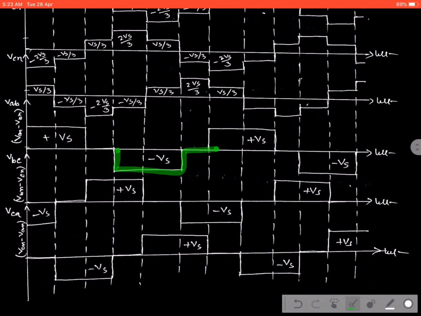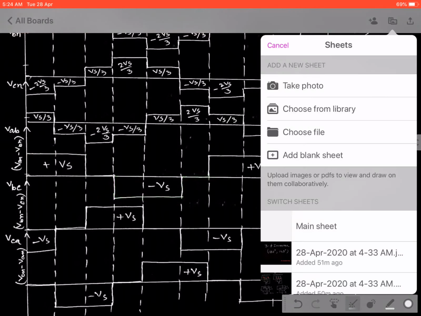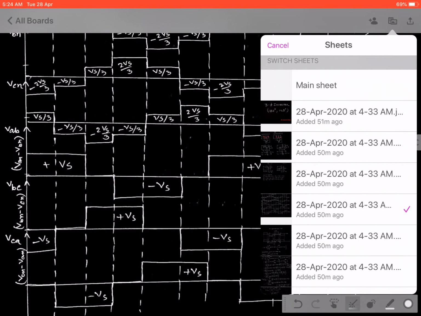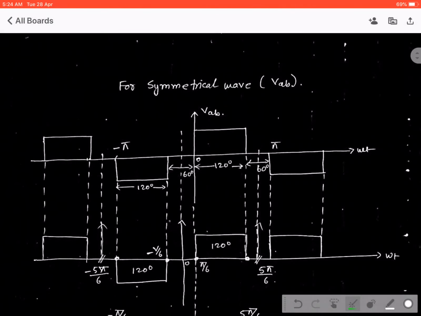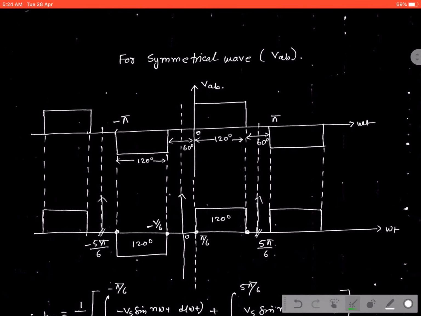That means, see, we can draw it in a zoom version, then the peaks will be looking like this one. That means we consider the same axis, that is VAB, started from 0 and this is the pi, that means this is the waveform. Similarly, it will be repeated for the next cycles. But see, if we consider this part also, that is minus omega t, then the waveform will be similar to this one. Then what happened?